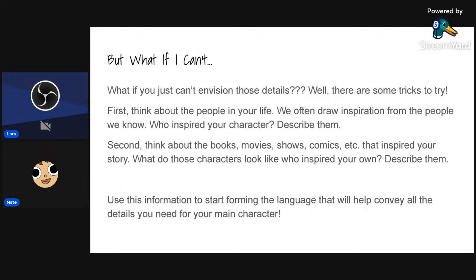I want to just put like a little note in here. Yeah. That I think that is a great place to start, but I do want to warn against incorporating too much of the people you know to the point where you're almost making a caricature of them. Mm-hmm. And so definitely use the people you know as a basis, but expand upon that. Yes. I always say that because I definitely have some characters that I took inspiration from people I know in real life.